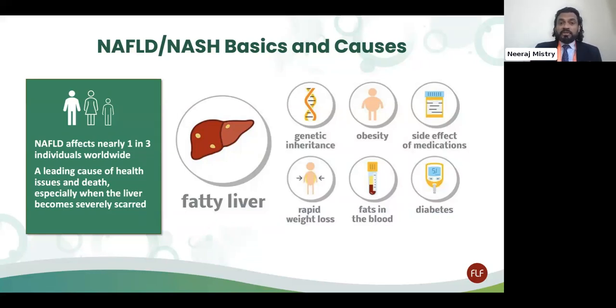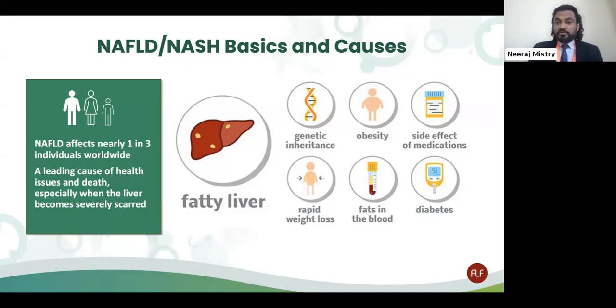So when we look at what these risk factors are and causes of NASH, NAFLD, or fatty liver, well, we know that there's a genetic association with it, and genetic associations don't necessarily mean that a person will 100% develop the disease. Our understanding now is clearly that those with a genetic predisposition will move down a path when they have those environmental stimuli that cause them to develop the disease. Obesity is a very strong association.